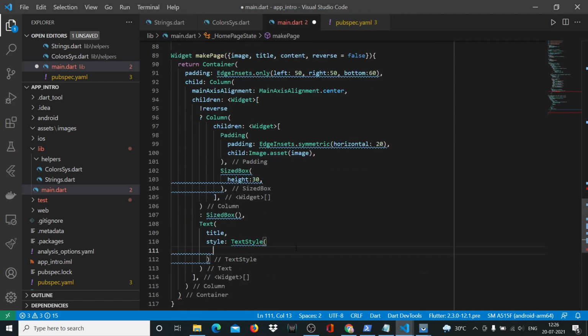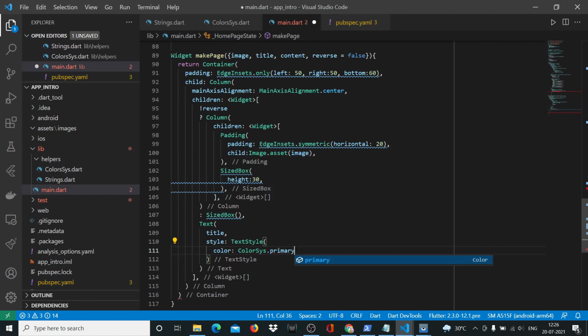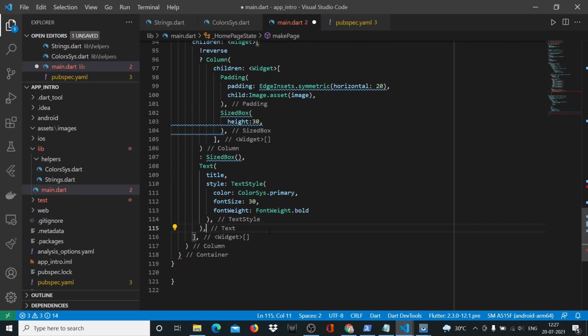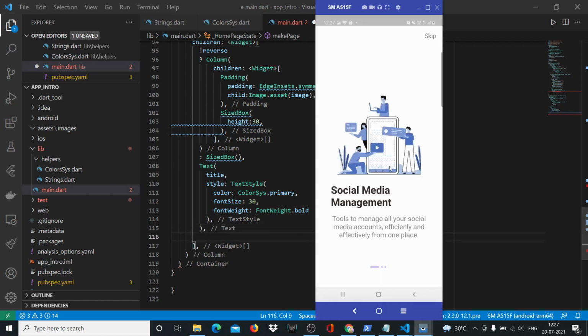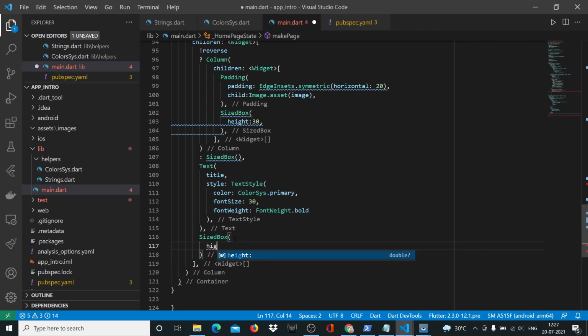widget. Inside TextStyle you have your color, so you'll say ColorSys.primary. ColorSys is the file that we have created here, which has all the color values, and here you'll say fontSize 30, comma, fontWeight is FontWeight.bold. Alright, and after TextStyle you put a comma, after Text you put a comma again, and here you'll put a SizedBox again, because after your title you'll put a space, and then we'll write our description. So let's put a SizedBox of height 20, comma, and after SizedBox put a comma again,